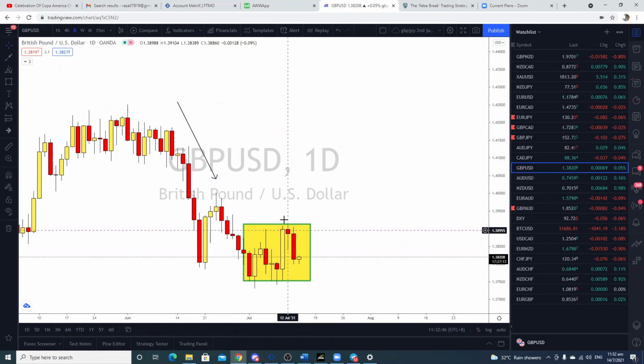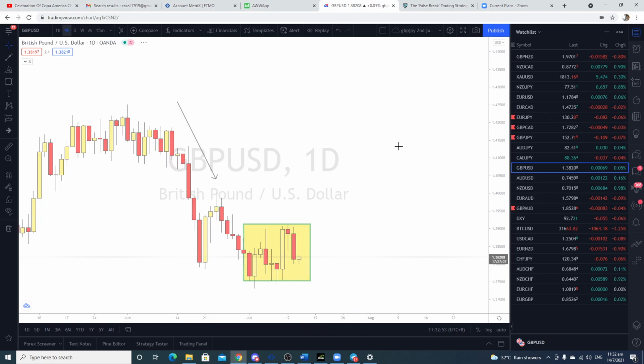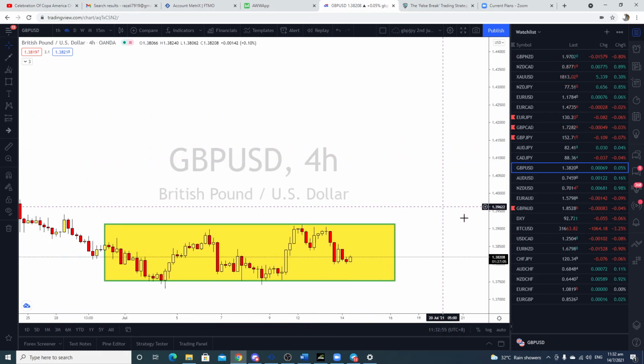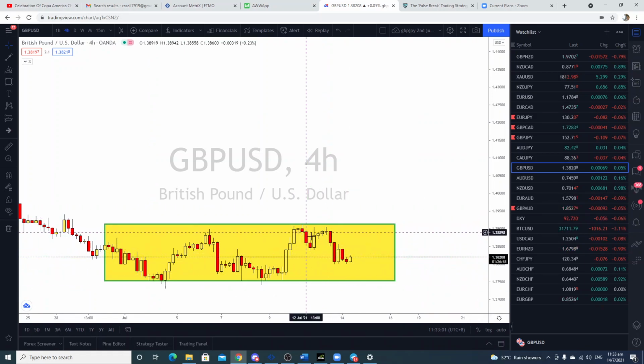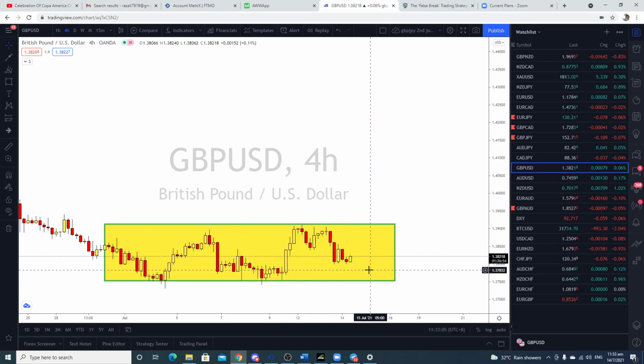Okay, can it reverse? I don't know. Can it go down, continue? I don't know. Look at how you interpret the price action before you decide whether you want to buy or take a sell in this case. But for pound USD, there's no trigger, there is no momentum change from there. For example, buyers are strong, now sellers are strong as well, so it doesn't make sense for me to enter any for pound USD.